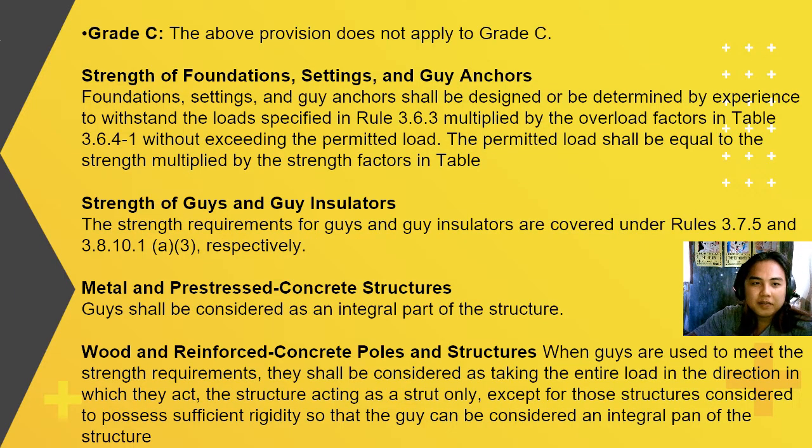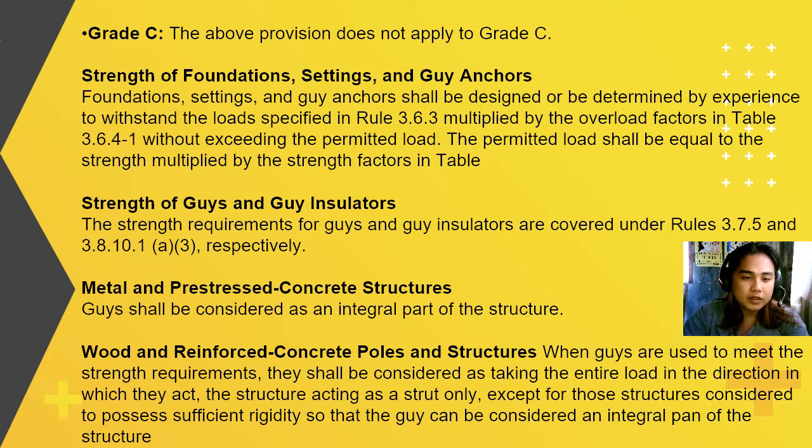for grade C. For grade C, the extent of foundation settings and guy anchors: foundation settings and guy anchors shall be designed or be determined by experience to withstand the loads specified, multiplied by the overload factors in the table, without exceeding the permitted load. The permitted load shall be equal to the strength multiplied by the strength factors. So strength of guys and guy insulators: the strength requirements for guys and guy insulators are covered under 3.7.5 and 3.8.1